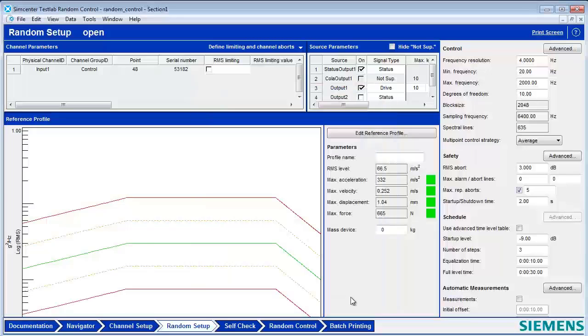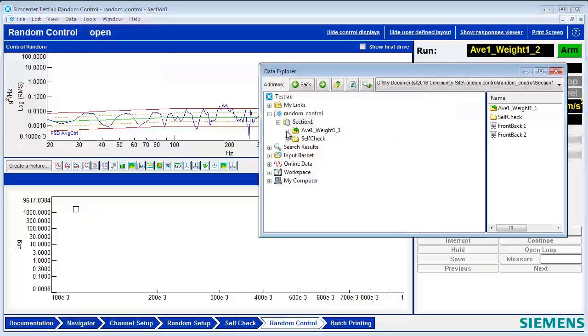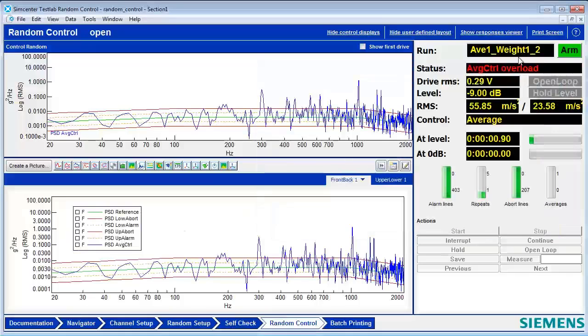Let's see what the impact is on the test. All right, so I'm going to go to Data Explorer. I'll take a look at the last test that we ran here and drop the results down below for comparison's sake. And now we're doing averages of 5 with a weighting factor of 1.